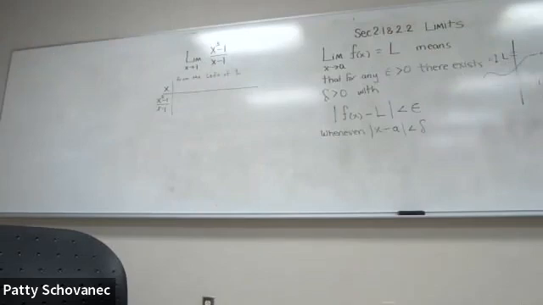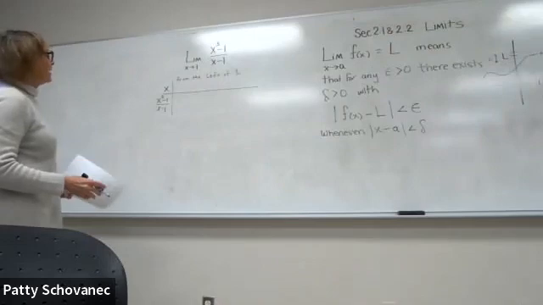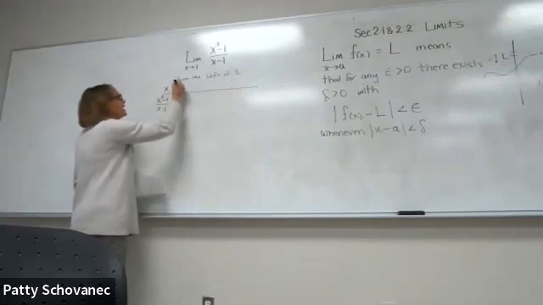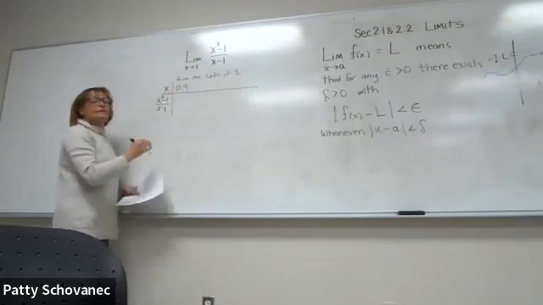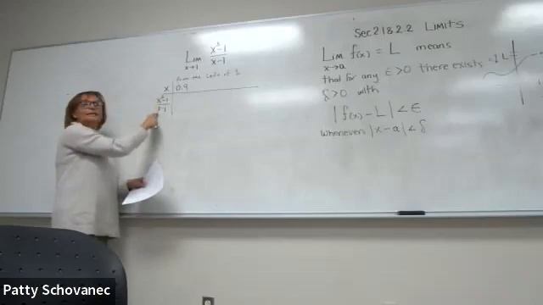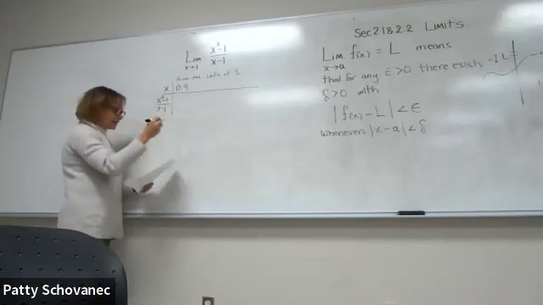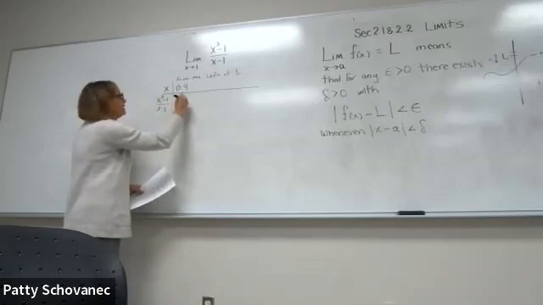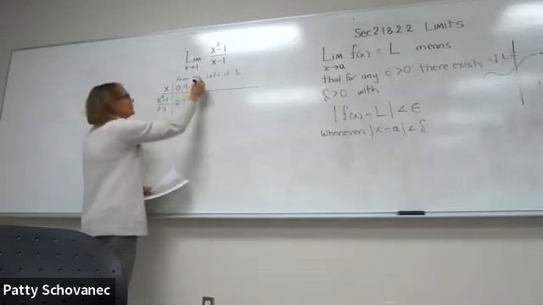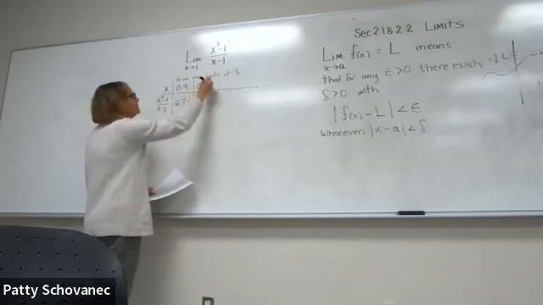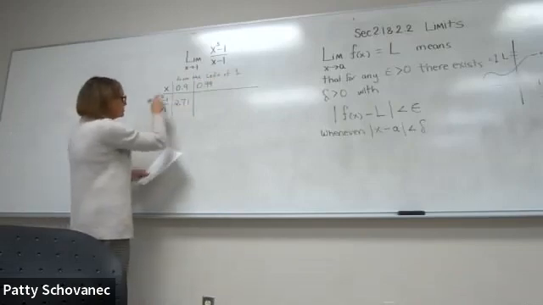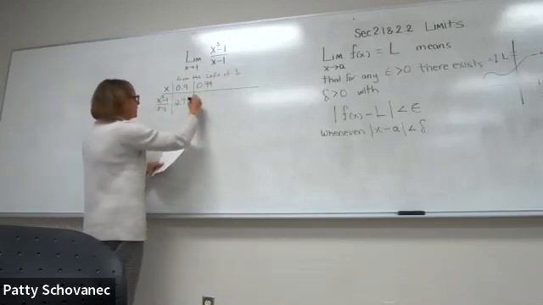Okay, so I said I was going to plot some points. I'm looking at y values slightly smaller than 1. So I'm going to plot x is 9/10. So I take 9/10 and I cube it, subtract 1, divide by 9/10 minus 1. When I did that, I get 2.71. I did that manually the other day. Now I'm going to get closer, so I'm going to put another 9 behind the decimal. So I'm at 99/100ths. And when I plug that in, cube it, subtract 1, divide by 0.99 minus 1, I'm going to get